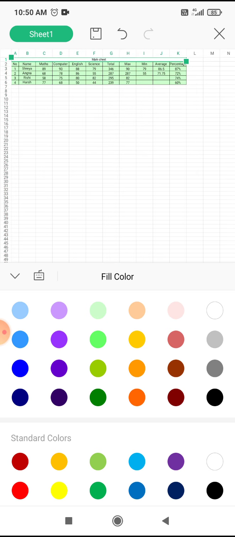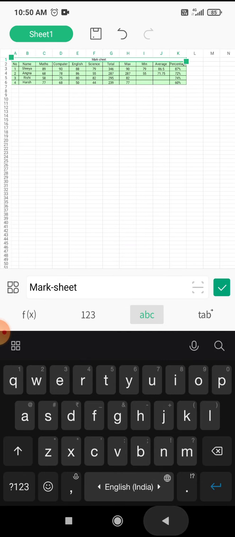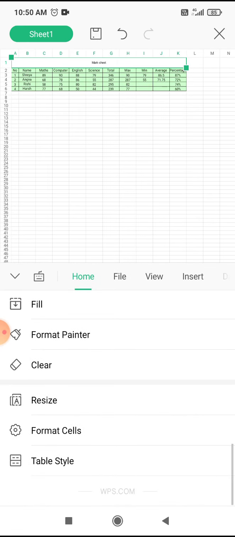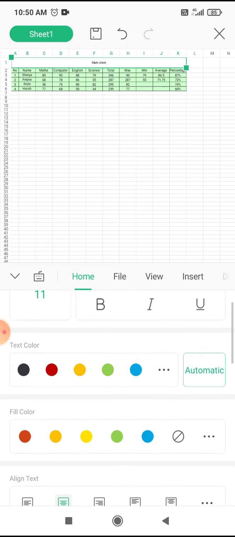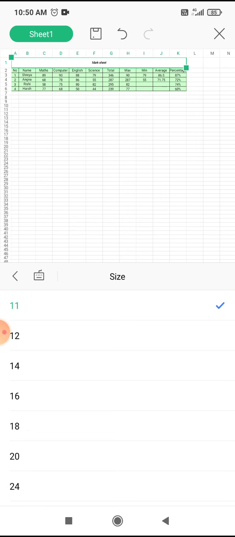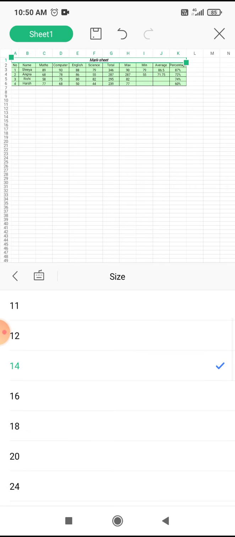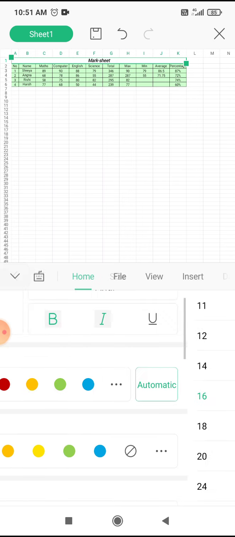If you want to give table border, click there and click on the all border. If you want to give the effect bold, italic and font size, you can increase. To give the font size 16, you can give it 16.